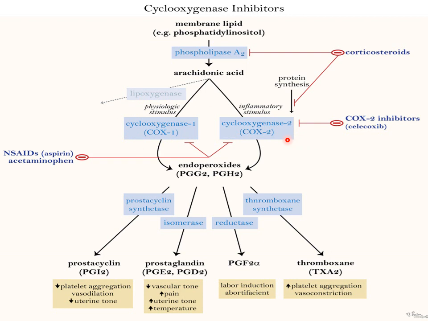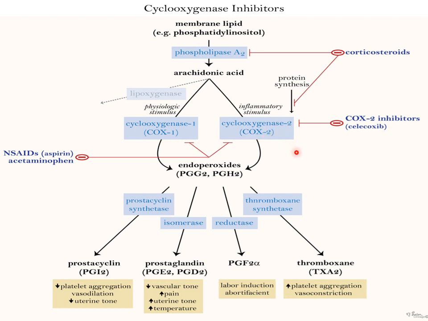By using non-steroidal anti-inflammatory drugs like aspirin, acetaminophen, whatever the six classes we have studied, all six classes inhibit either COX-1 or COX-2. If this is inhibited completely, it blocks the pathway, right? So only arachidonic acid is there. There is no further conversion of arachidonic acid into prostaglandins. If the prostaglandins are not there, automatically we do not feel the pain, fever, or inflammation. So our target of NSAIDs is to inhibit cyclooxygenase enzymes, nothing but COX inhibitors.